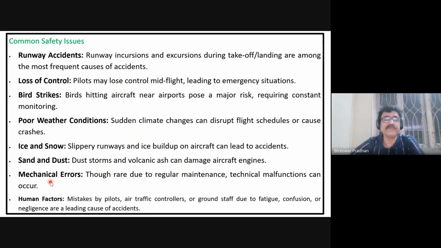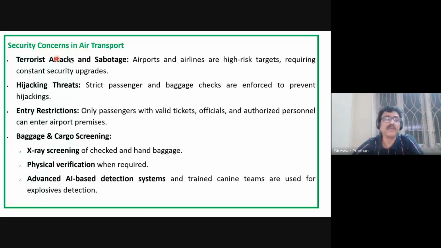Then mechanical errors, due to a lack of regular maintenance; technical malfunction can occur anytime. Human factor: mistakes by pilots, air traffic controllers, or ground staff due to fatigue, confusion, or negligence are leading causes of accidents. These are the safety measures we need, with proper maintenance, so that it can be secure for all the stakeholders. Now, security concerns in air transport: terrorist attack and sabotage,